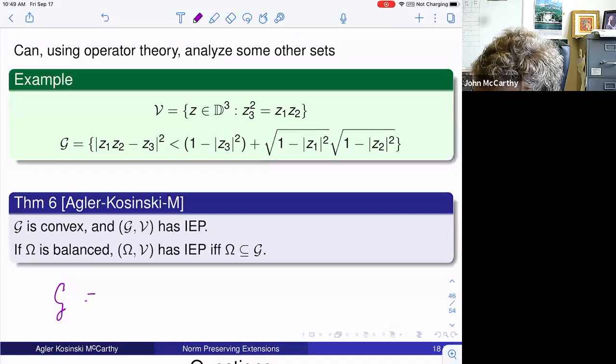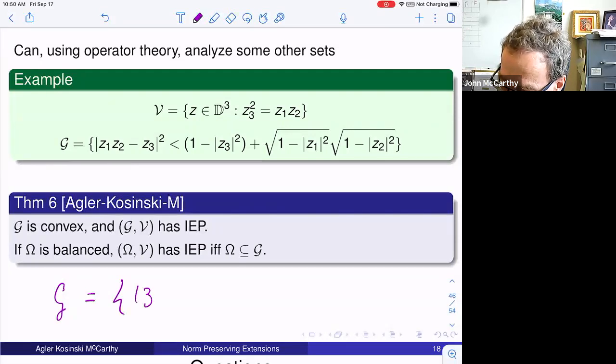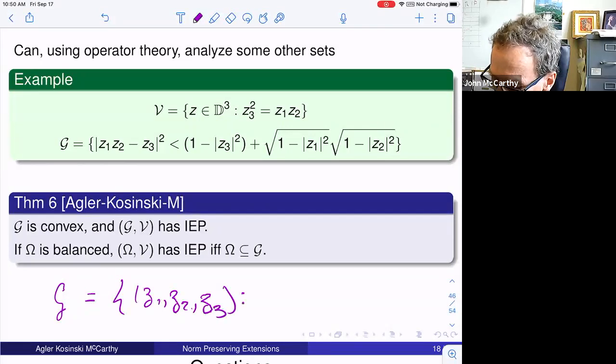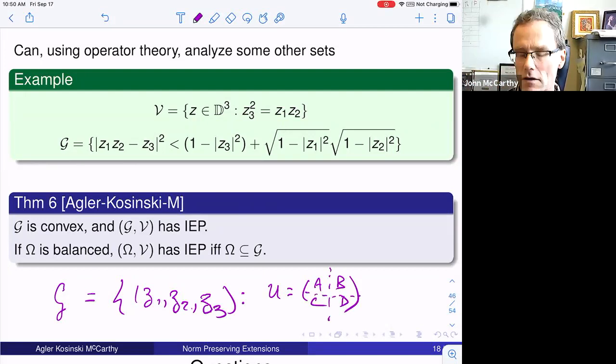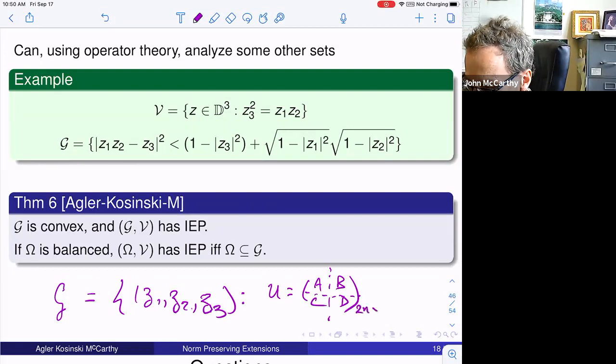You can also, and this is where the operator theory comes in, you can show that G is the set of triples Z1, Z2, Z3 with the property that for every unitary U, which if I write a unitary matrix in a block form here, so U is a 2n by 2n matrix that I write as A, B, C, D,